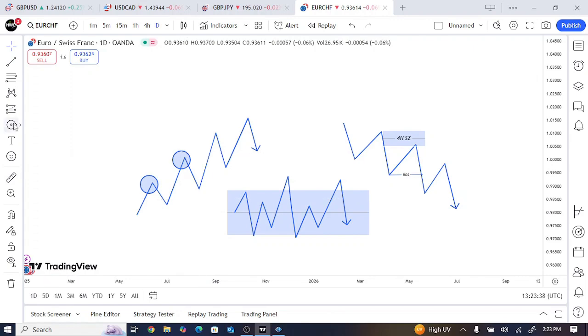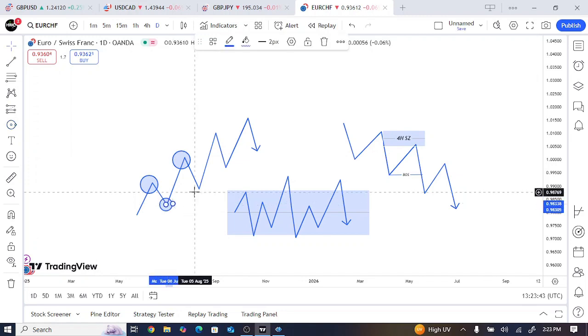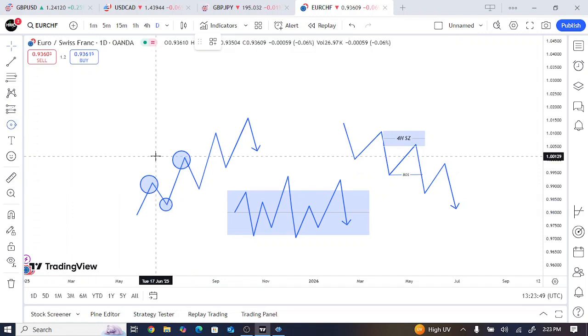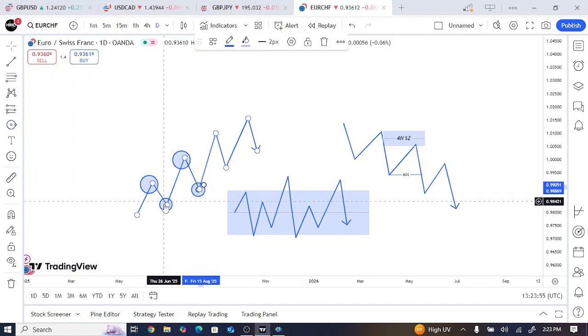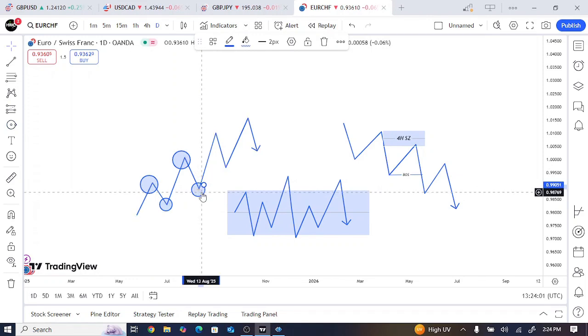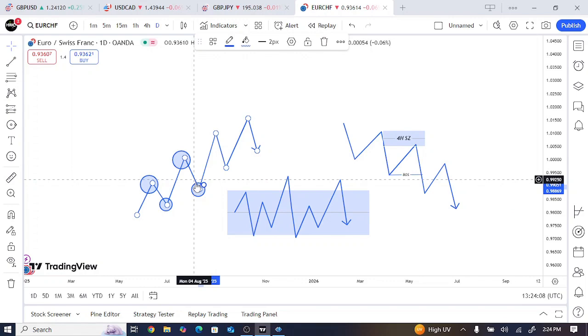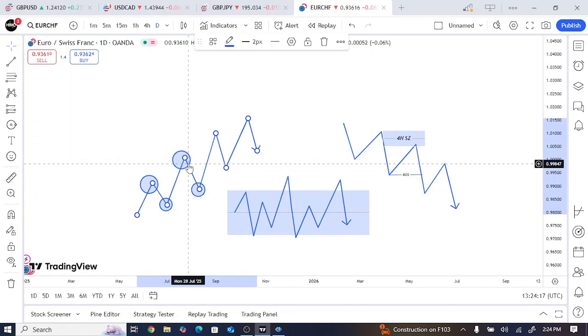While this low is not lower than this low, meaning this low is higher than this low, that means this low will be called a higher low, sorry, a higher low. Then this whole pullback from here is what we call a retracement. And if we know that it's an upward movement like this,